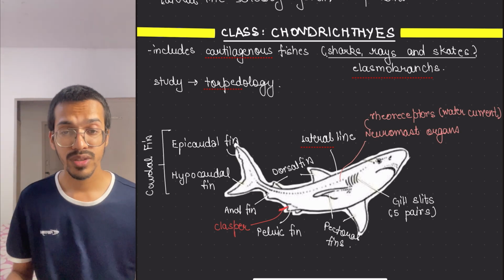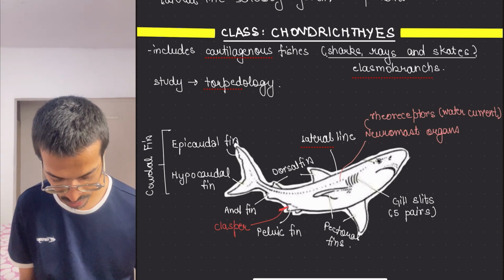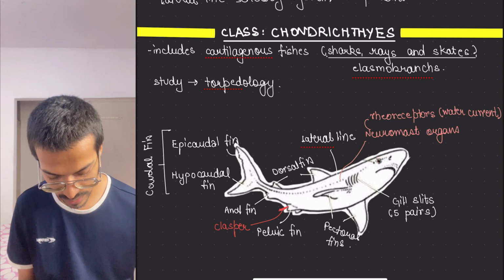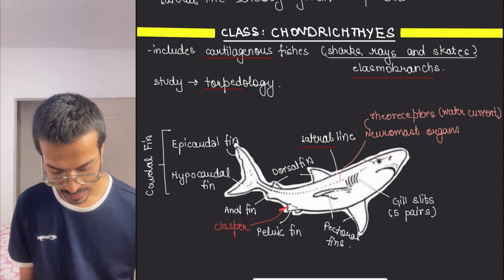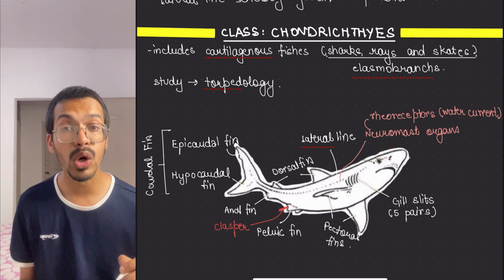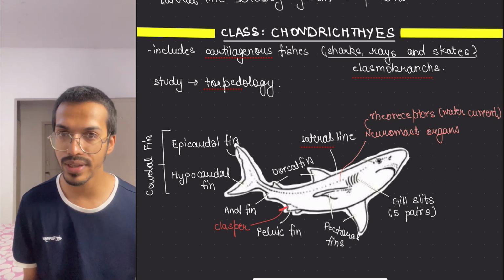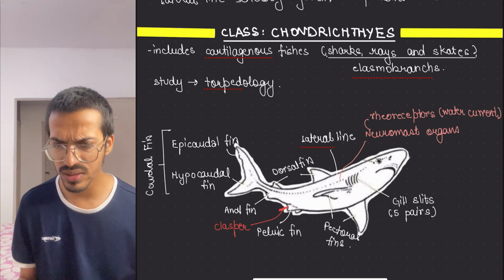So external features would be like, if you see that they have what? They have an eye, right? Over here there is what? Nostrils also present. Then there is what? Laryngeal glands are present. Ampulla of Lorenzini present. Okay. What it does, we will learn later.